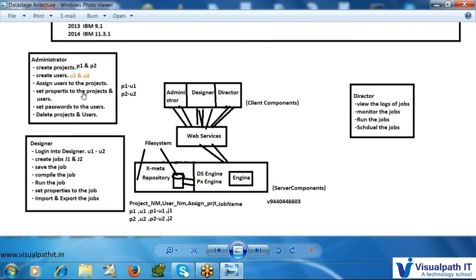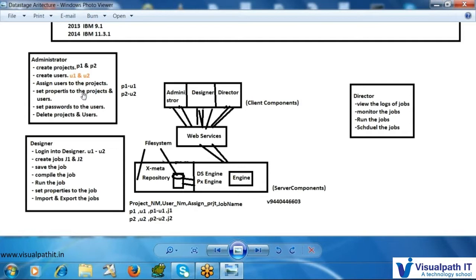Mandatory for every project. So those are all things we need to set. And in the project, for how many jobs we need to give access to the users. Not all the jobs, only some particular jobs we can give access. So these are like user level properties. And whether we should give deletion or not, deletion properties we should give or not.